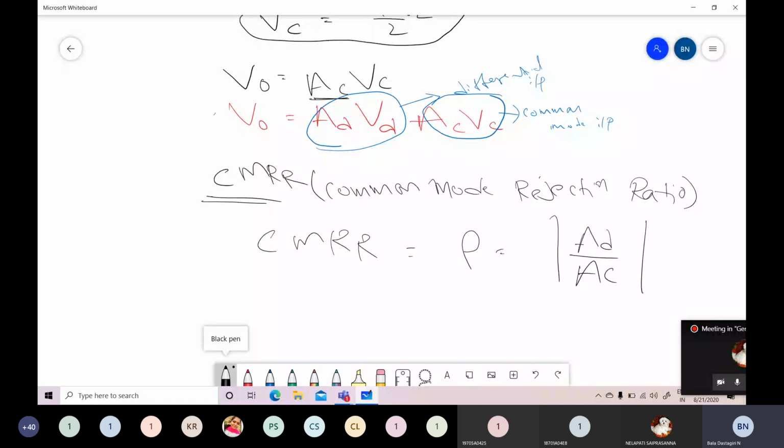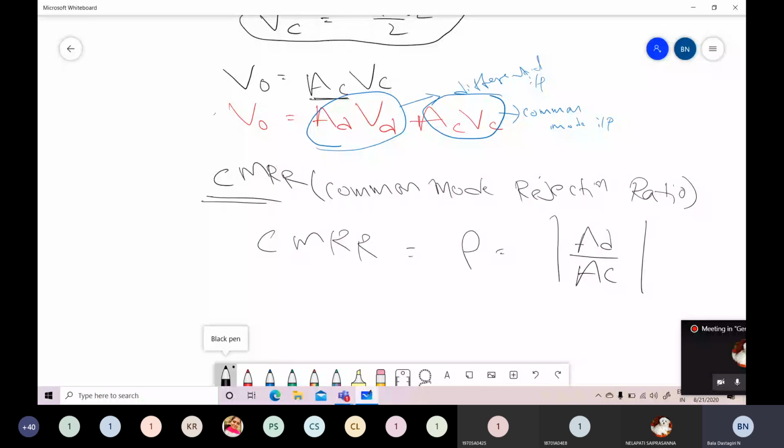Common mode gain relates to V1 minus V2. Whenever the two input signals of the differential amplifier are the same, V0, which is directly proportional to V1 minus V2, is automatically 0, since V1 and V2 are the same. If the output voltage is 0, the common mode gain is 0. Therefore CMRR becomes infinity. So this is about CMRR: it is the ability of a differential amplifier to reject a common mode signal.